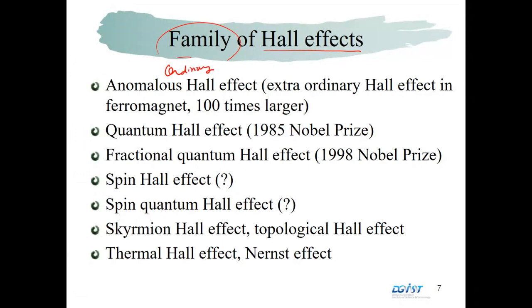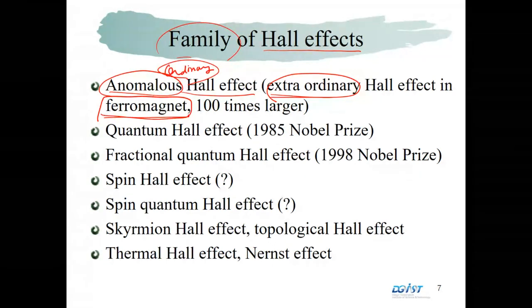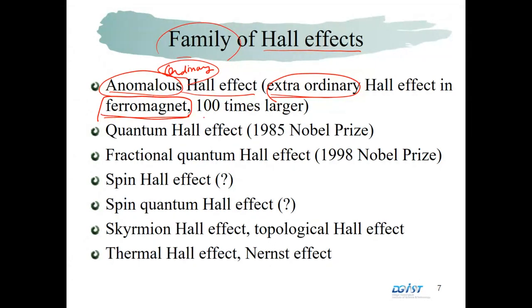That means we have an anomalous one also, or in other words, the extraordinary Hall effect. This Hall effect occurs in a ferromagnet. The ordinary Hall effect occurs in any kind of conductor. They don't need to be ferromagnets, but in a ferromagnet we have a similar thing happening in the Hall effect, but the signal is much, much larger,